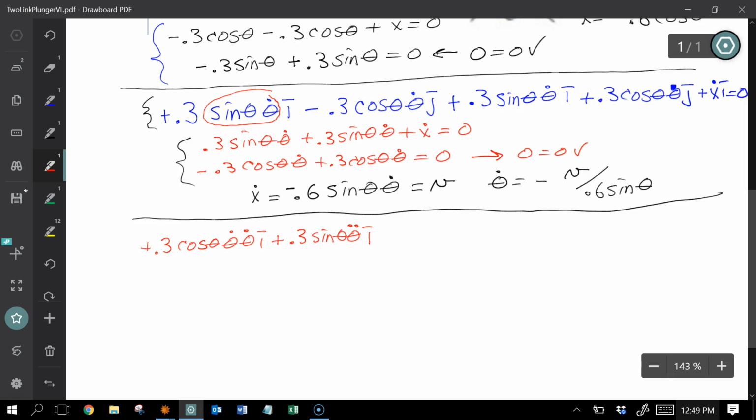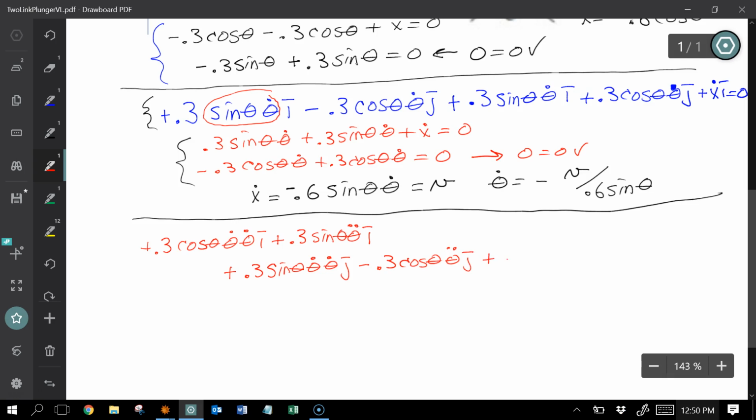And then I have the second term, 0.3, derivative of cosine is minus sine, that's why I changed that. Right. Sine of theta, chain rule, times the second term of that guy, minus 0.3 cosine theta, theta double dot, j,